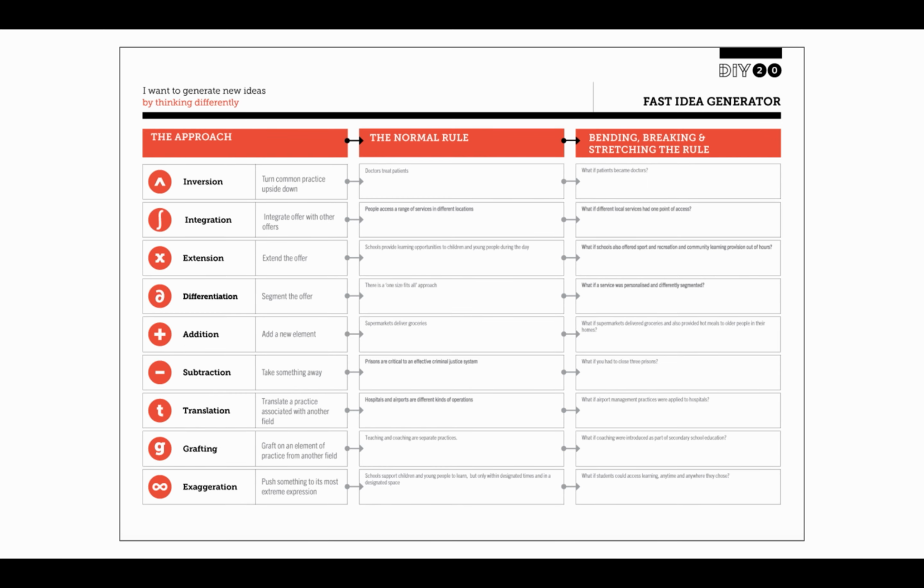Then, for those rated amber, how can you bend, stretch, or break this clause to make it easier to incorporate? We can use this fast idea generator template to think imaginatively and differently about clauses. By way of example, we have a piece of drafting currently under construction on a syndicated power purchasing agreement. If we invert it, i.e. turn the common practice upside down, we might create a sort of syndicated power sales agreement for a collective of small or medium-sized clean energy generators to enhance their provisions capacity.